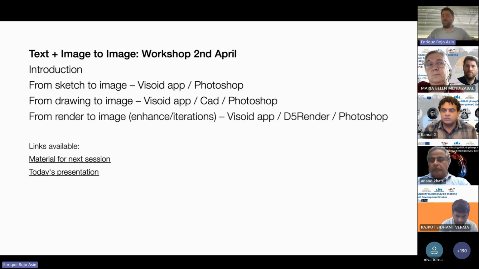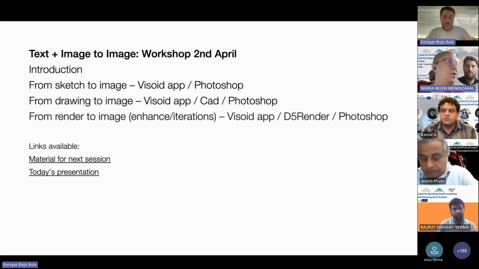Sir, can I also add something? I was just experimenting with Veras AI, and they have an option for uploading your 3D model in OBJ format. Yes, and in Visoid too. But even though you upload your 3D model, what you obtain is just a still image of that 3D model. It's not like you move it and suddenly the image changes. Right, so they are not using the 3D spatial data. They are just using the image which the object generates for a single frame. Exactly.